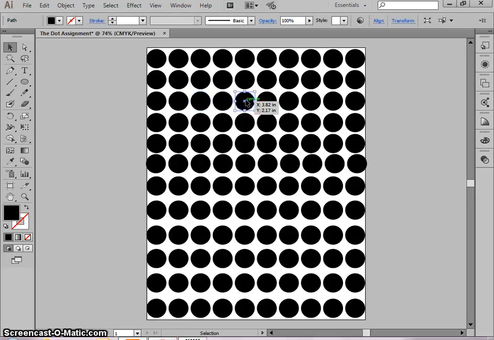I'm going to select any circle, and I'm going to make both the stroke and the fill none. And that's going to leave me with a white space. Remember, our object here is to do a removal of dots. What happens if I want to put that dot back there? I'm like, oh no, I really want to fill that in with the dot. Well, click any of the dots that are still there